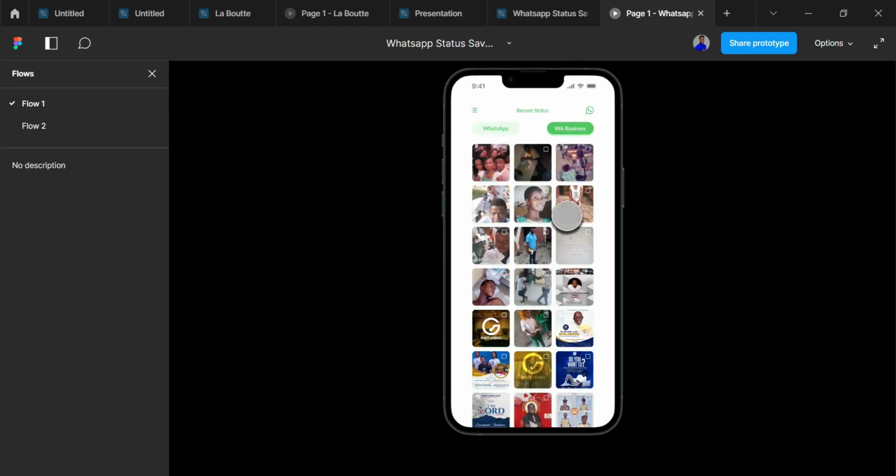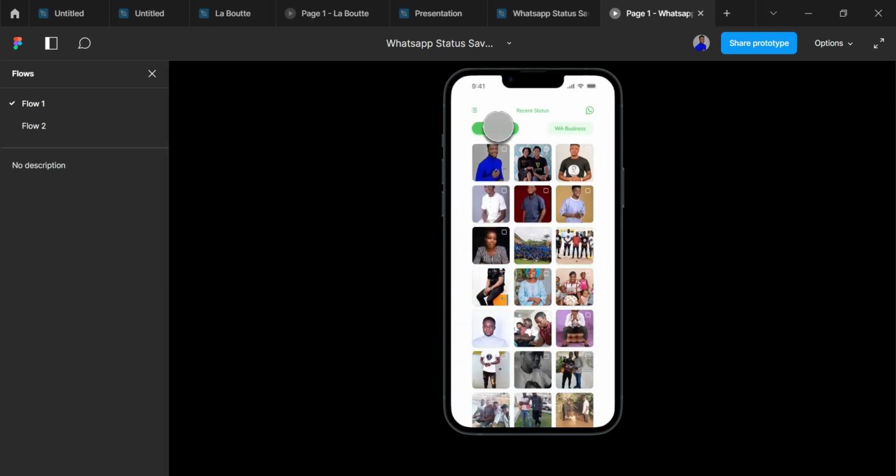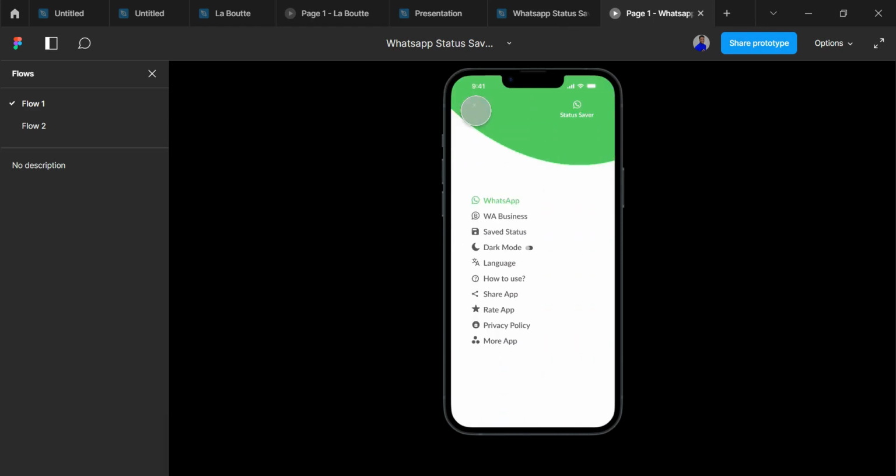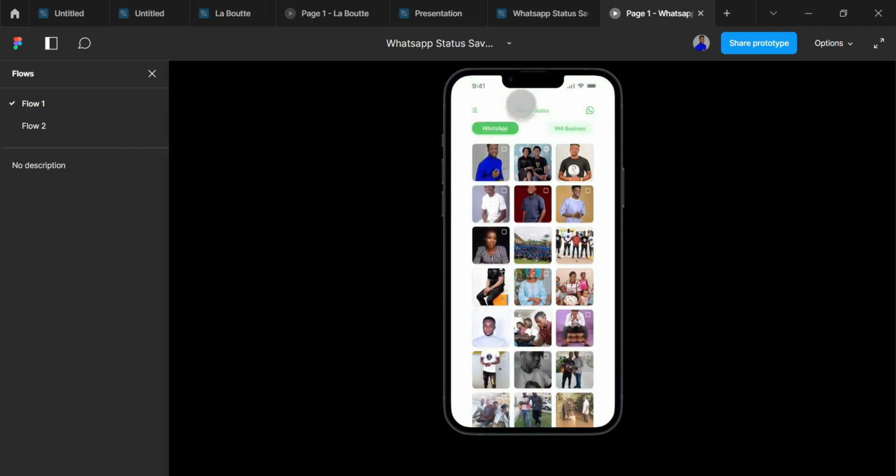So if I'm on WhatsApp or business WhatsApp, you see the transition has changed here, and it has also changed from the nature. If I click on WhatsApp, you see WhatsApp becomes greener while this fades off, and if I'm on business WhatsApp, it becomes green, and this other face is on hover or whatever, so on click actually. So now if I come here and click, and if I close this, automatically it should take me back to